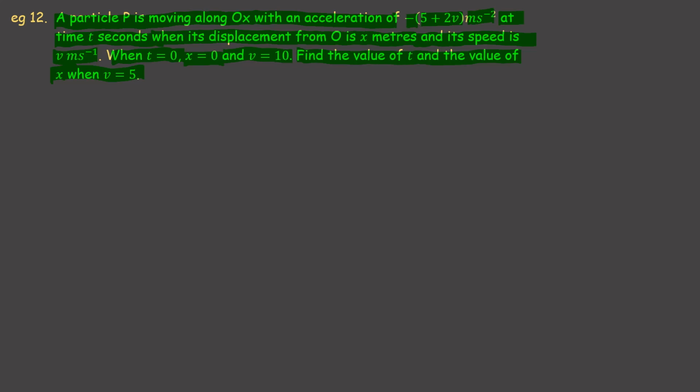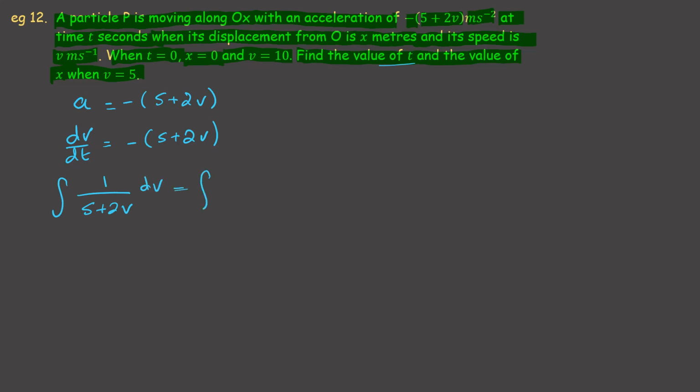Okay, let's start with doing the t. So we've got a is equal to negative 5 plus 2v, and that means that I can use dv dt is negative 5 plus 2v. Separate and integrate, so we get the integral of 1 over 5 plus 2v dv is equal to the integral of negative 1 dt. And that will give me a half ln 5 plus 2v is equal to negative t